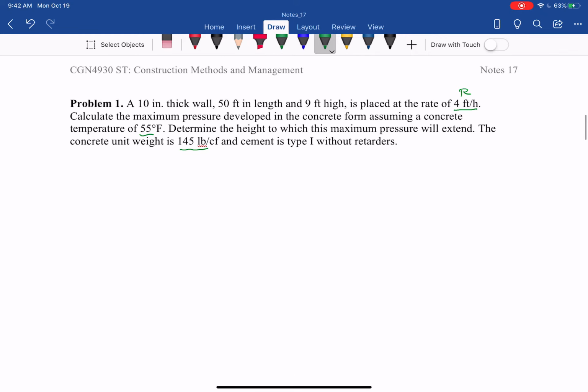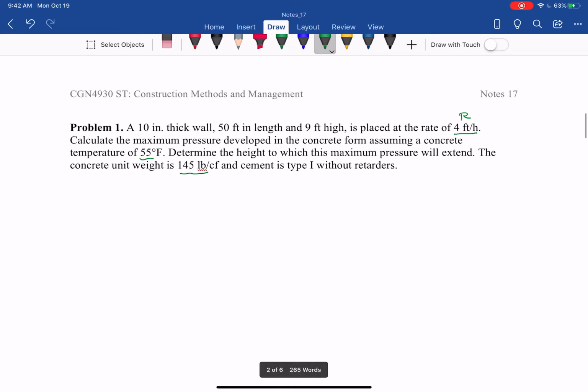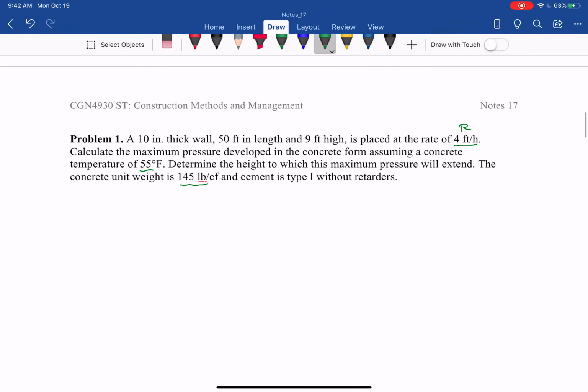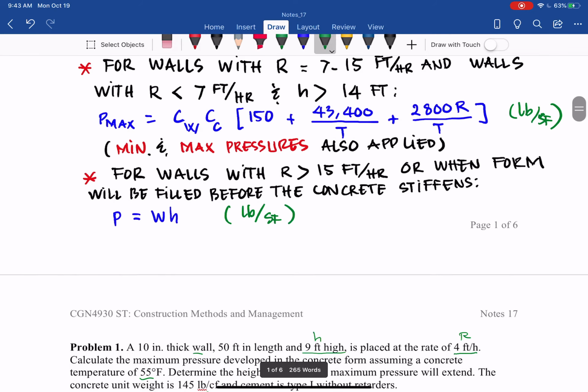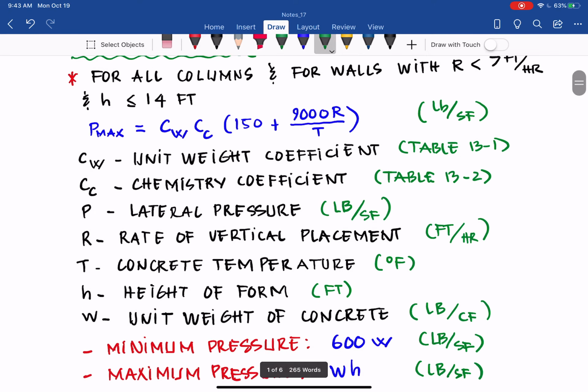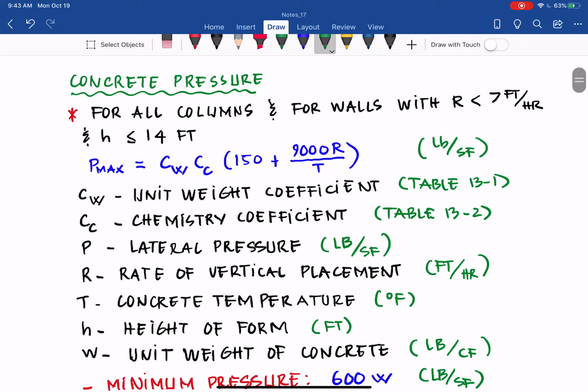To determine the CC, we need to know which equation we are going to use. The wall is 9 feet high, so that is H. The rate is 4 feet per hour and the height is 9 feet, and this is a wall. The question is a wall. So let's see the 3 scenarios that we discussed in the previous lesson videos